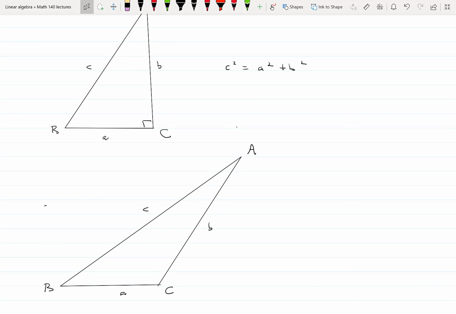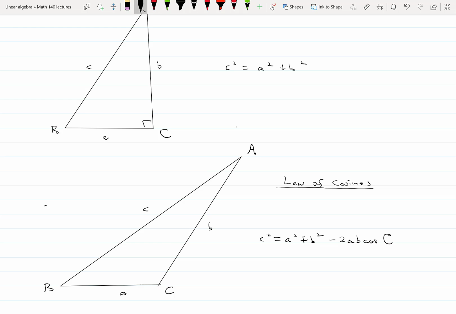So clearly, the Pythagorean theorem does not hold here because we don't have the right angle any longer. However, the law of cosines just generalizes the Pythagorean theorem. So the law of cosines looks like this. There are actually three equations for the law of cosines, but all three of them work just the way I'm going to write this one. The Pythagorean theorem started out with c squared, and on the right-hand side it has a squared plus b squared. So the law of cosines also has this as a beginning. However, on the right-hand side, we have to subtract